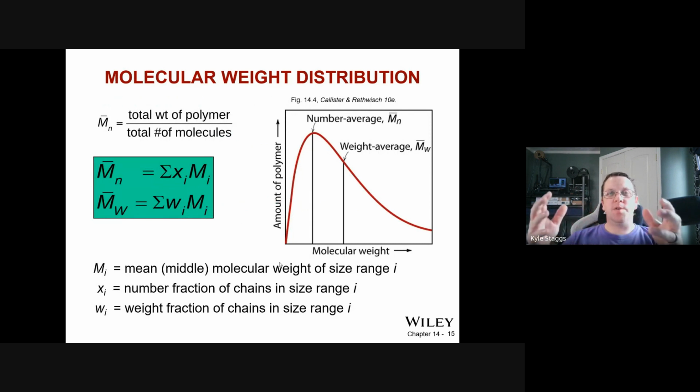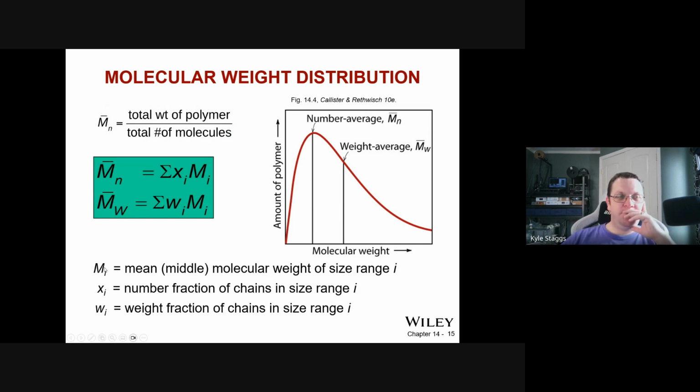There are ways to control and constrain what the average molecular weights are, but the total number of molecules as a whole is going to be a fixed number, based on just the molar ratios. There are conversion efficiencies and some other things that play in there, but the number average and the weighted average are very different. So we'll take a look a little bit more closely